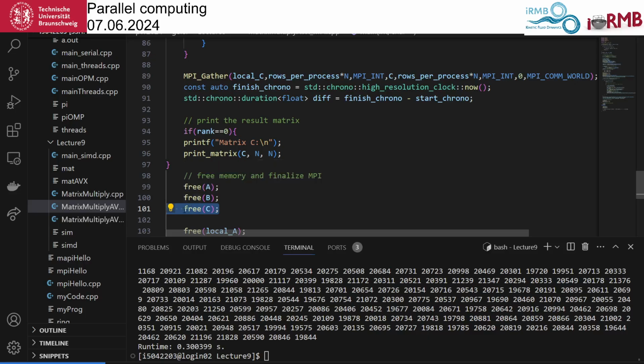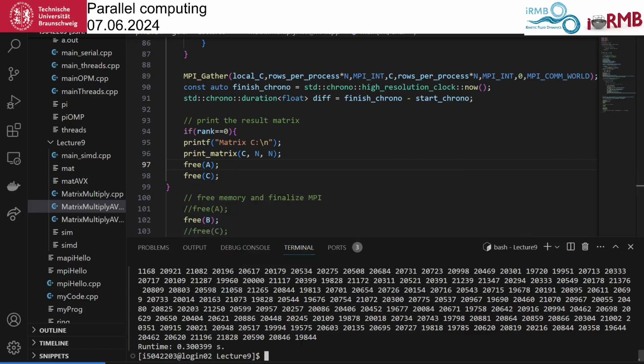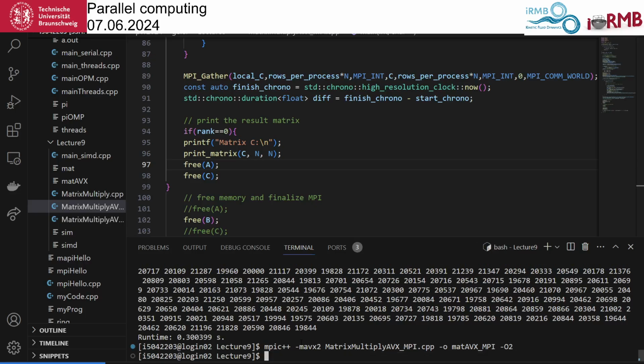I'll comment this out, and I free this here while I'm checking for rank 0. So, and now let's try this out, whether this actually works. I've not tried it.